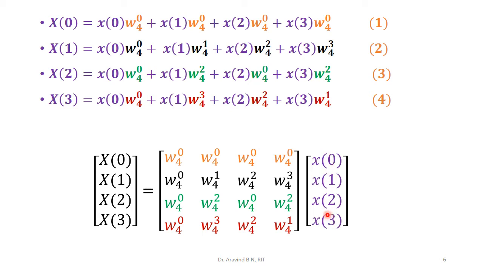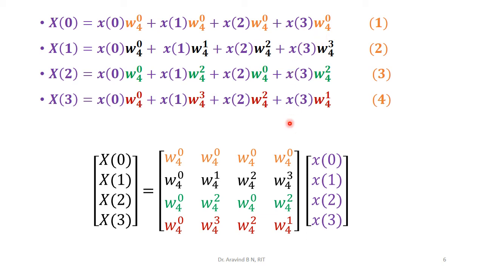What you can observe over here is, if you do matrix multiplication, we are going to get back each of these expressions. You can have a try with this first row and this column. The first value is going to be omega n power 0 multiplied with x of 0. That's the first value we are going to get here. Continuing, omega n power 0 x of 1, that's the next value. Omega n power 0 x of 2, that's the next value. Omega n power 0 x of 3, that's the last value we are going to have.